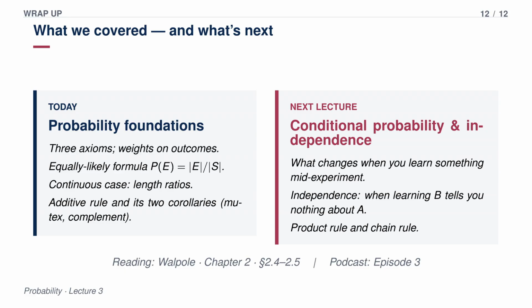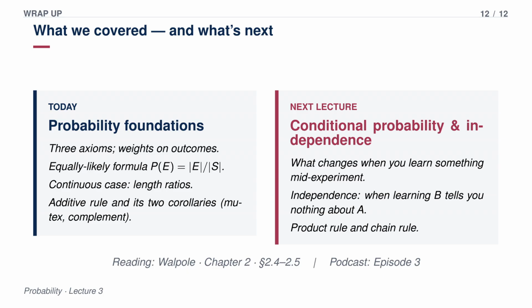Perfect. But before we wrap up, I want to leave you with one final thought. At the very beginning, I was looking at my weather app, confused about a 70% chance of rain while staring at a clear blue sky. And we walked through how that 0.70 isn't just a guess. It is a number bound by the rigid mathematical rules we covered today. The axioms, the weights, the complement rule, the entire system has to add up perfectly. You now know the strict rules that a percentage on a weather app or a news poll or a financial model must follow once the system is set up and running.